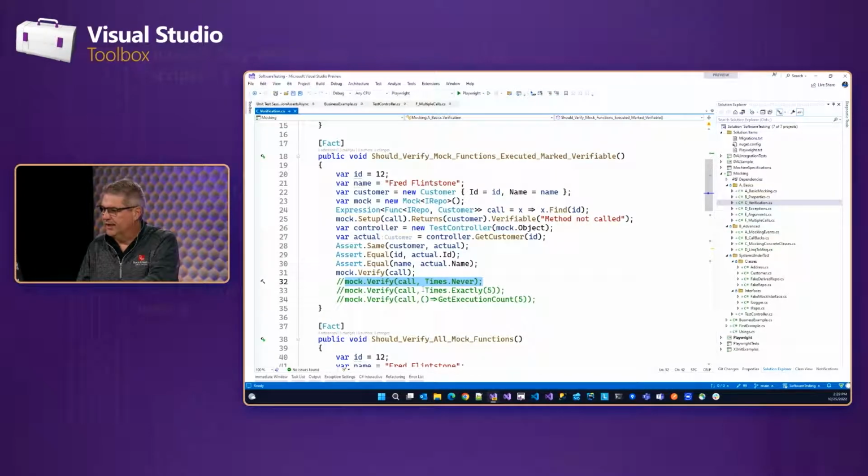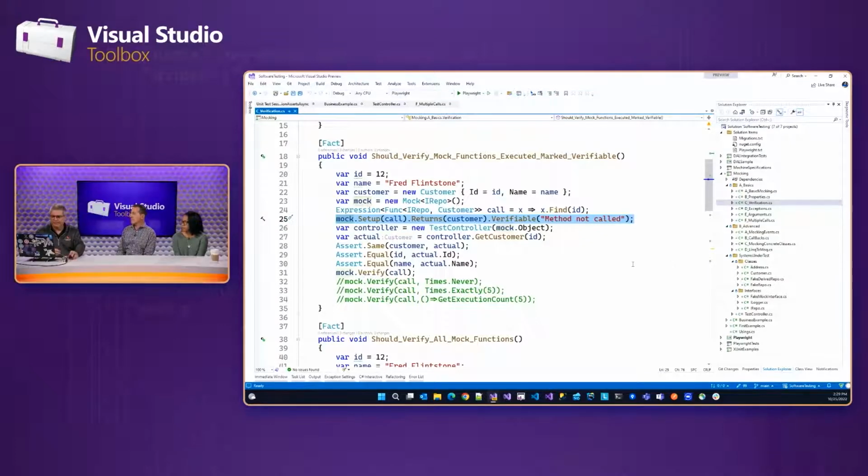This is saying I want it to run exactly 5 times. Or, and I never do this in real life, but I just want to show that you can do this, you can call a method to say it should have run this many times. But the verifiable is, I add that on always, but you don't really need to call verifiable, and here's why.